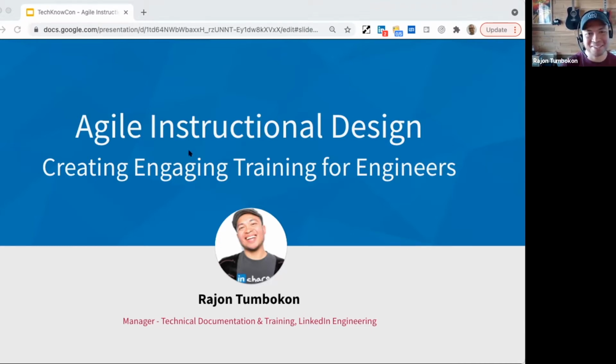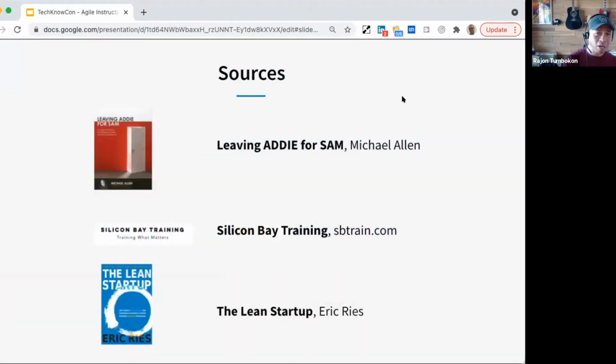All right, so that's a little bit about me. Before I move on, I'm going to quote some things here. A lot of the sources that I use are from books that really mean a lot to me, and from folks that have taught me along the way. One of the books that helped me pivot from programming to instructional design was a book by Michael Allen.